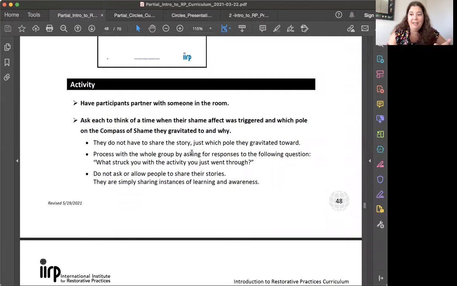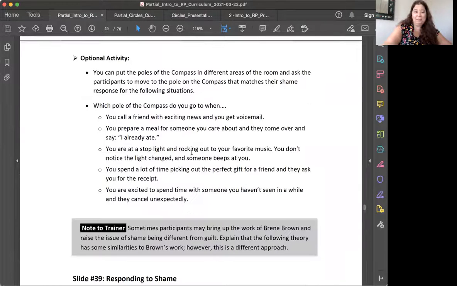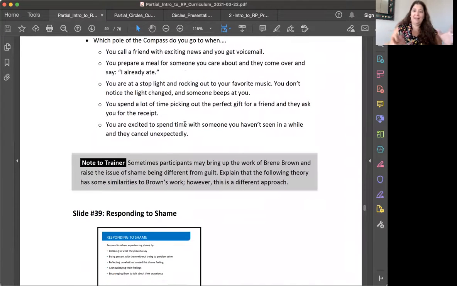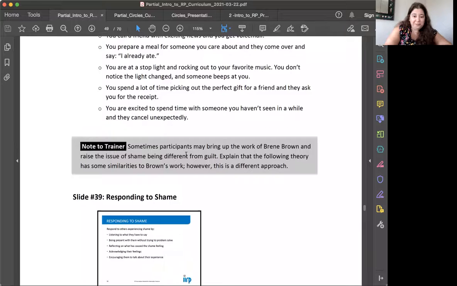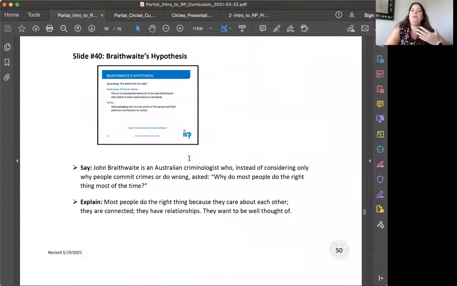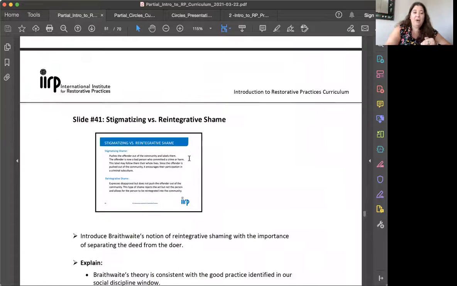So how do we see the students that we're working with, or even our coworkers, respond to shame? There's also an optional activity here you can do, again, to split the room into different ways and ask folks to go to a certain part of the compass if they could relate to one of these sentence steps. All right, so then we just move through responding to shame, Braithwaite's hypothesis, which is really